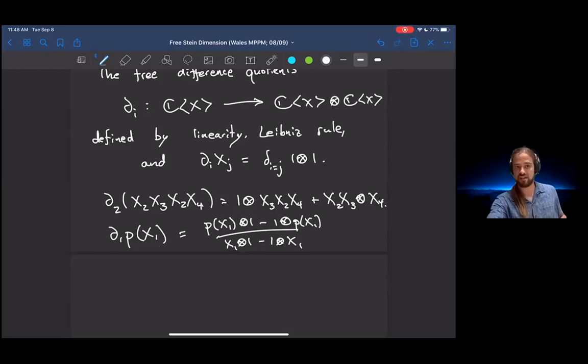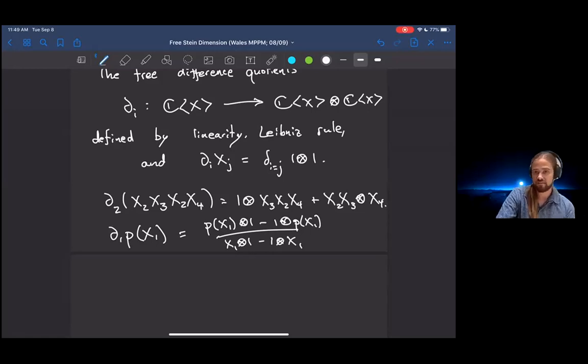So let me also mention that at this point, what I'm saying doesn't quite make sense if the generators of my von Neumann algebra admit algebraic relations. If there's some identity within the polynomials in those variables, then I won't be able to define the free difference quotient, because the identity will need to both be some polynomial that's some sum of polynomials, and the tensor product is not 0, but also 0. But it turns out we can get around that, and I'll explain how in a little bit.